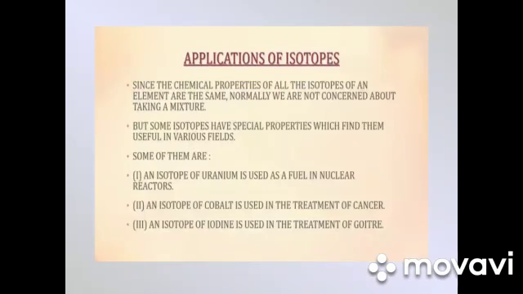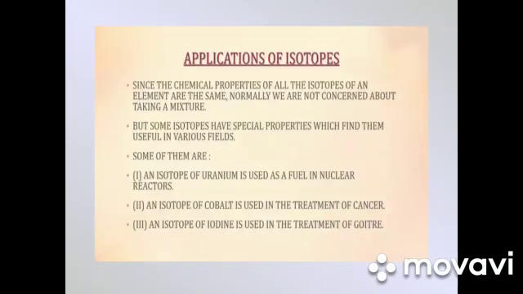Students, isotopes are used basically as tracers in physical, chemical, and biological research, as well as in the treatment and diagnosis of different diseases like cancer. Students, the radioactive isotopes are easily detected. For example, isotopes of uranium. So it is relatively easy to trace their movements, even though it is a complicated system.